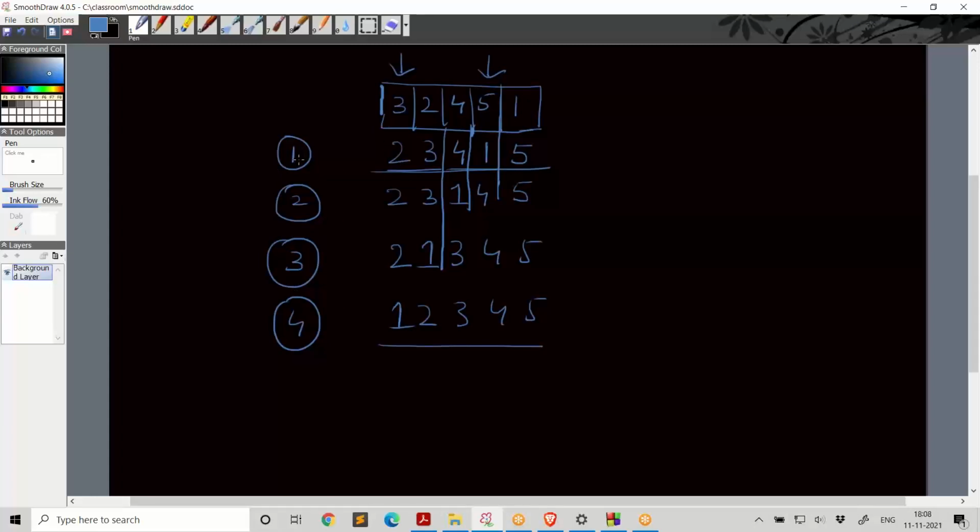So what is the net result of the first round? The largest of the entire array is pushed to the rightmost corner. So once this is done, the second round need not consider this. So we need to go only up to this. We need to go up to this, the third element, because that's the last element we can compare with the